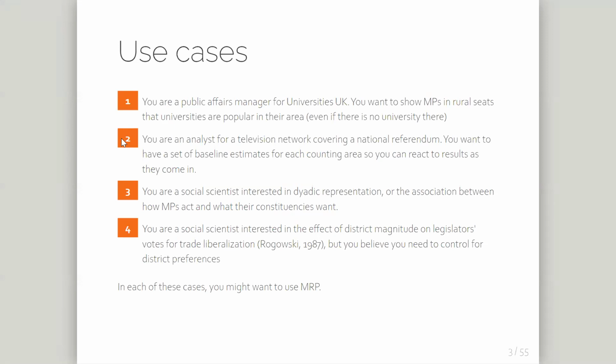And you're trying to track the results as they come in, maybe for some crazy new referendum on an issue that no one's ever really thought about before. And you want some kind of ex-ante estimates of how each area will vote before you get the results in, so you can update on the fly. Here again, area opinion estimates would be good. So these are two use cases which are examples outside of the academy,